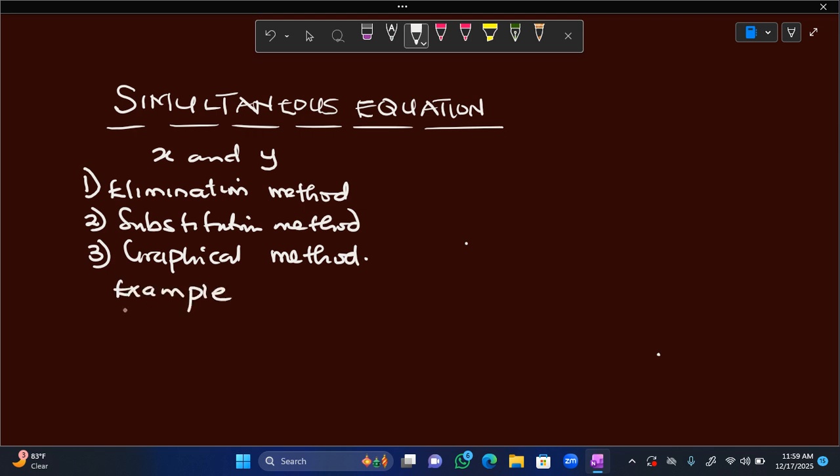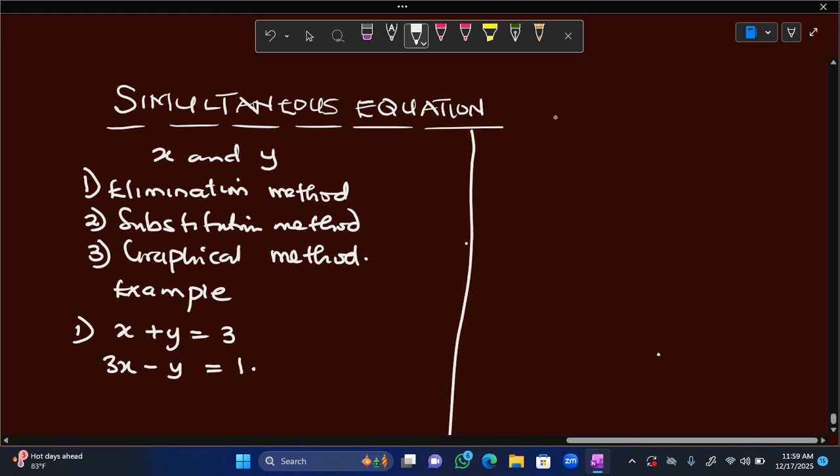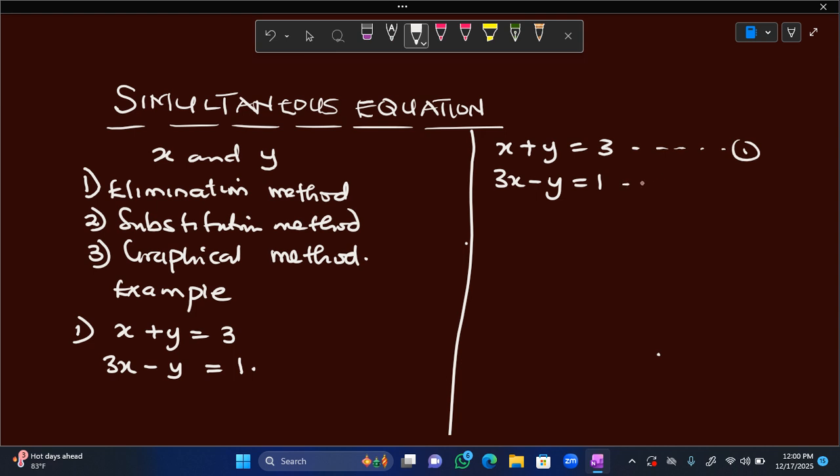Okay, let's take a question on simultaneous equations. Example 1. We have x plus y is equal to 3 and 3x minus y is equal to 1. Now, like what I told you from the beginning, simultaneous equations means solving two equations at the same time. You could see the variables given are x and y. So let's solve together. We have the first one as x plus y is equal to 3, and then 3x minus y is equal to 1. Therefore, we'll call this equation 1,